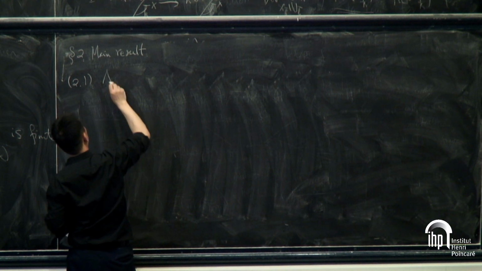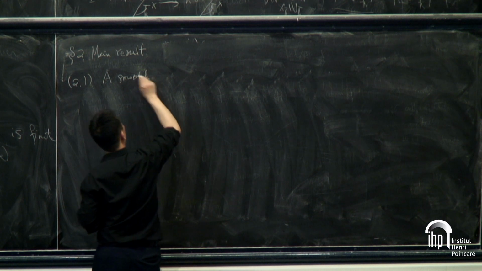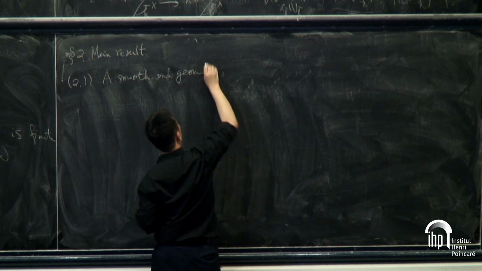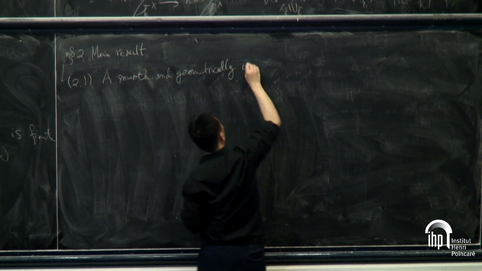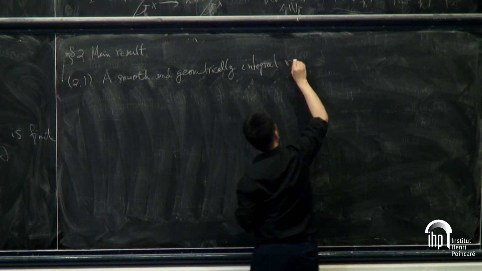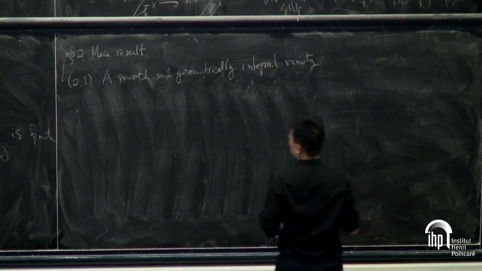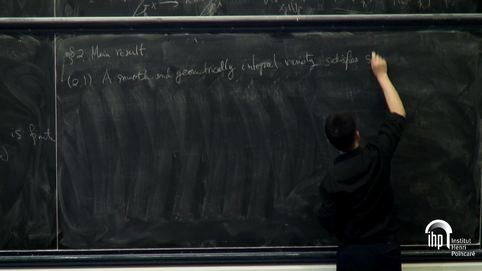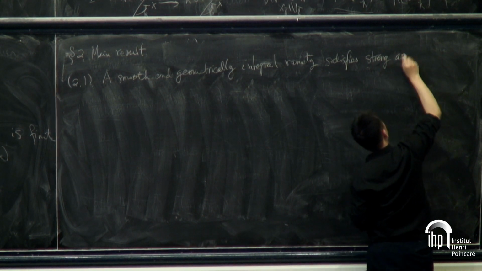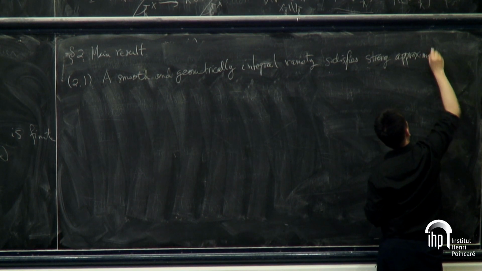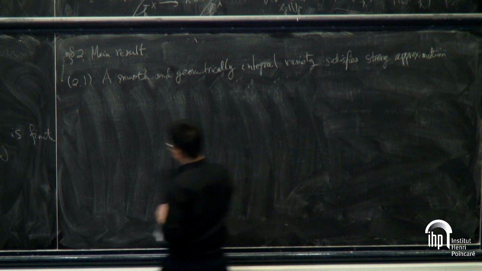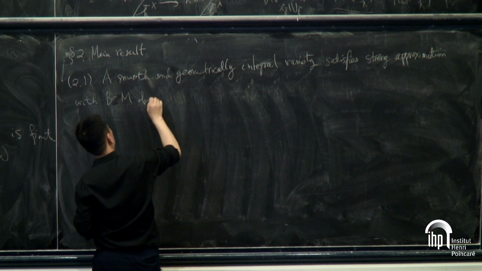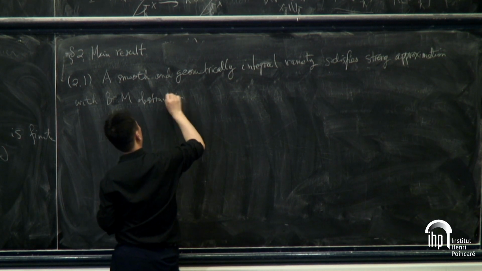A smooth geometrically integral variety satisfies strong approximation with Brauer-Manin obstruction if